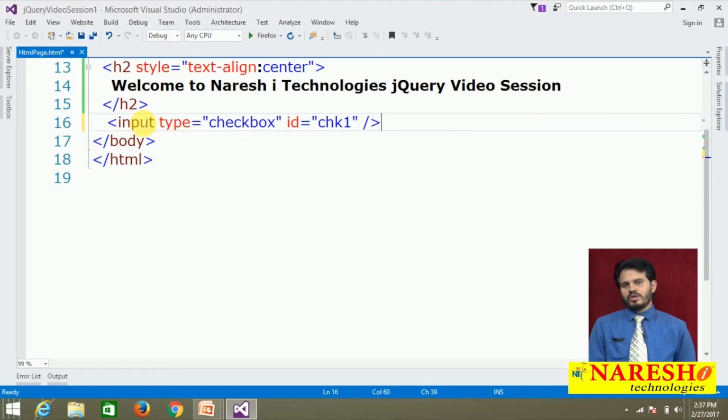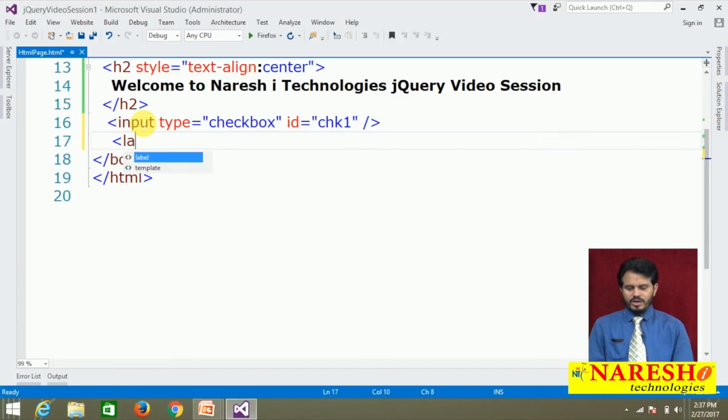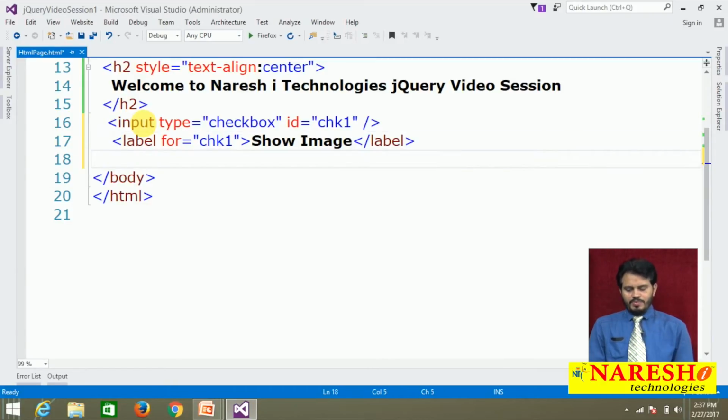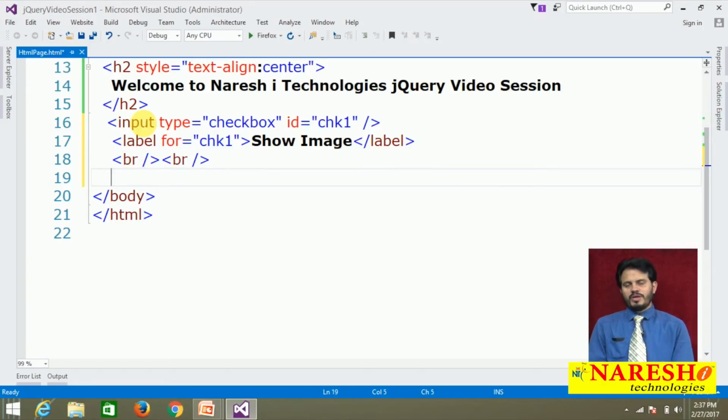Now this checkbox should have its text to appear. So for that purpose I take a label for the checkbox chk1, and label text first time to display show image, and below a line break, one more line break, and the picture will appear on the